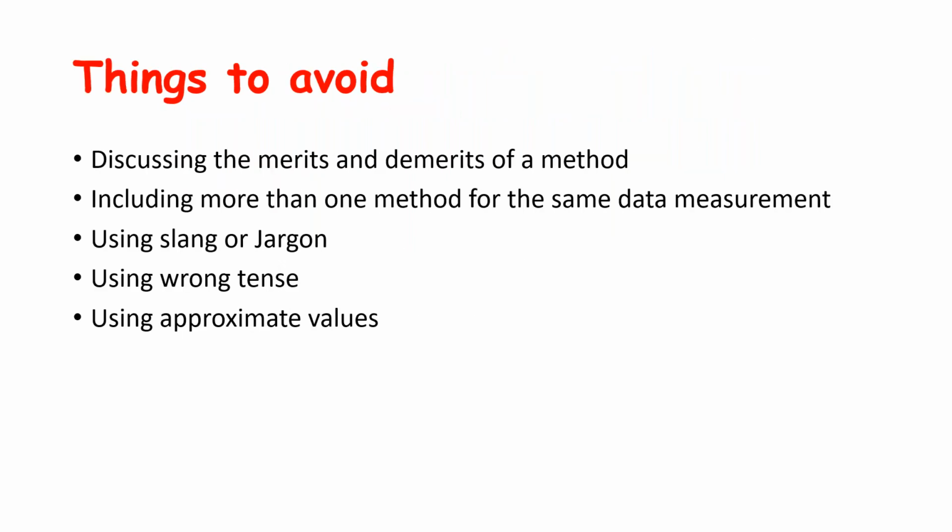Things to avoid: you should not start discussing things. In the method, you have described, I will use this method. Suppose you are saying that I will use transvaginal ultrasound instead of abdominal ultrasound for measuring the sphincter tear. Now you do not say why this is better, because this has more sensitivity, specificity. You don't have to do those discussions here. Here you have to just mention I will do this. Why you have chosen that, you can discuss in the discussion part.